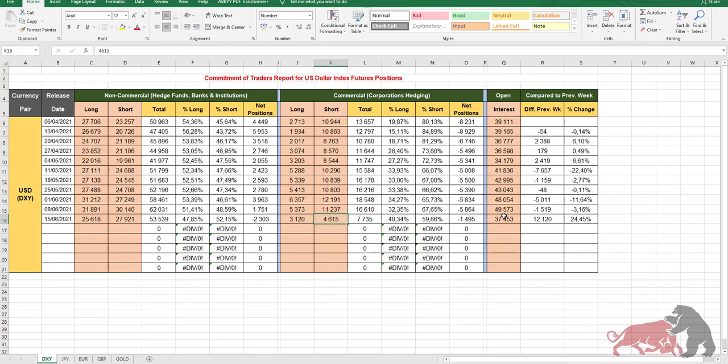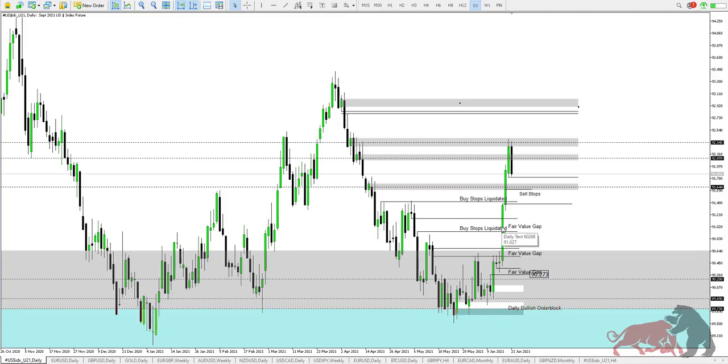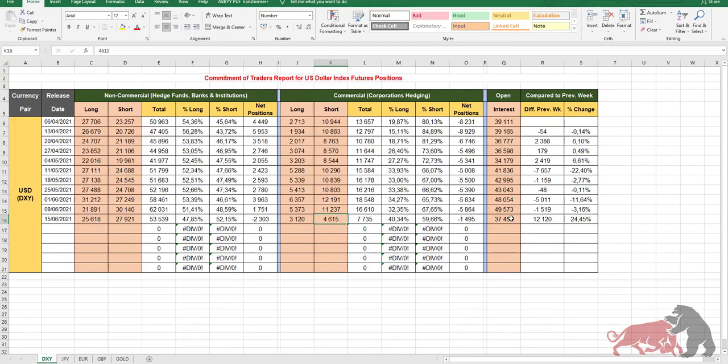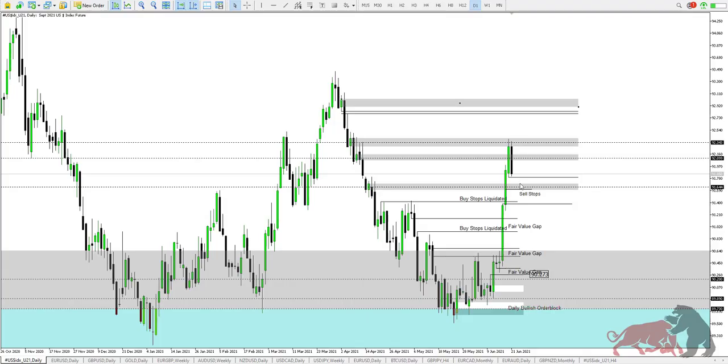And if you look at open interest, it has reduced massively by about 12,000 points from last week. That's a 24% reduction in open interest. That's why we saw this big move on dollar index. If you anticipate a huge move on any asset that you are capturing the COT number for, when this COT number jumps big time, you are definitely going to see an impulsive move in the price action for that asset,